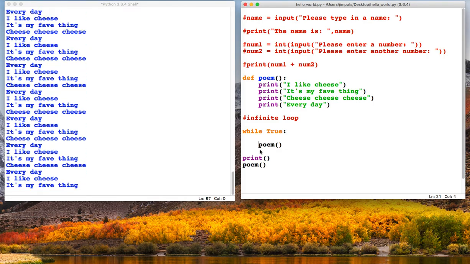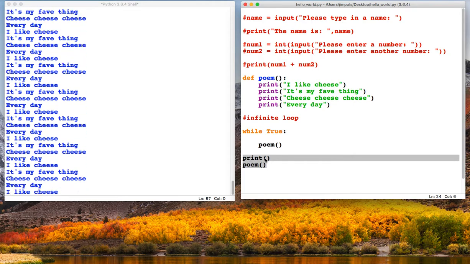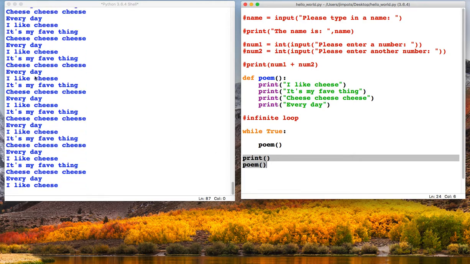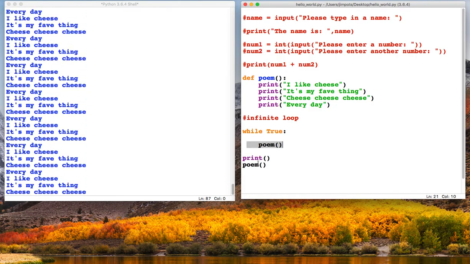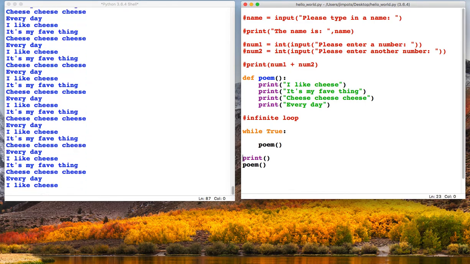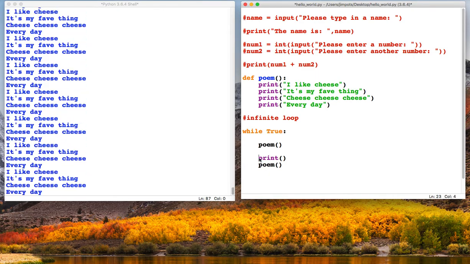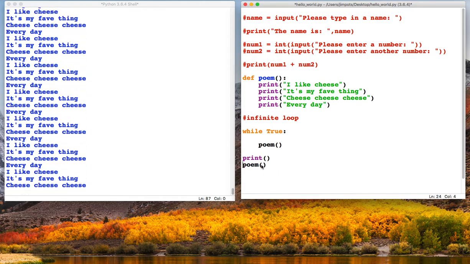But what's actually happening here is only this section of code is running, okay? This bit down here is not running. Well, I mean, how do we know that? Because we put in that blank print line. So there's no blank lines here. It's just running the same thing over and over. Okay. Now, the reason these aren't running is because they're not indented. Okay, they're not indented inside the while True statement like that. Now, the unfortunate thing for these two lines is they will never ever run.